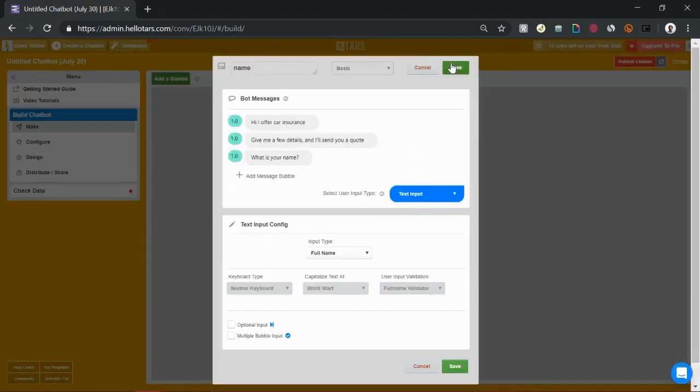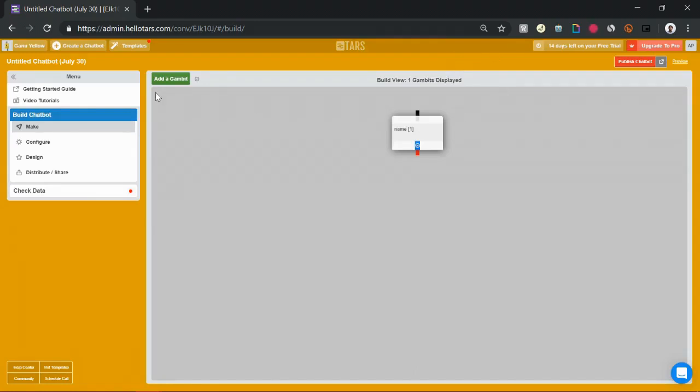Once you're done with that, hit the green save button like I just did in the top right, and then add another Gambit to your creation workspace. Once you've added the other Gambit, you will notice that there is a red socket at the top of that Gambit, a red socket at the bottom of the previous Gambit. And what you want to do is connect those together. So click and drag from the bottom socket on the first Gambit to the top socket on the second Gambit